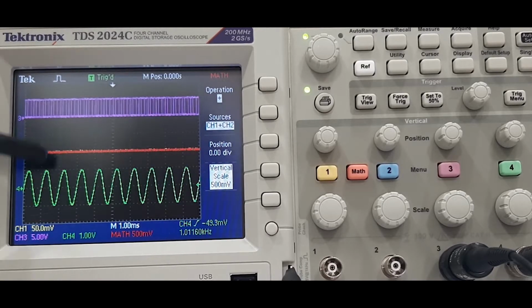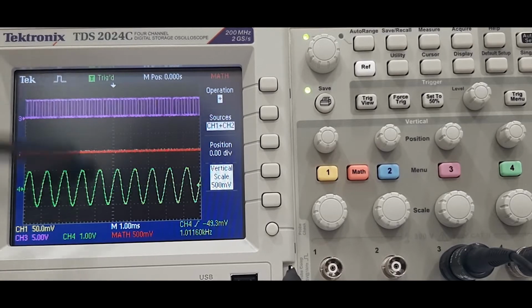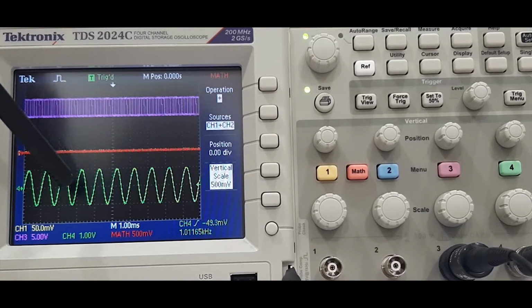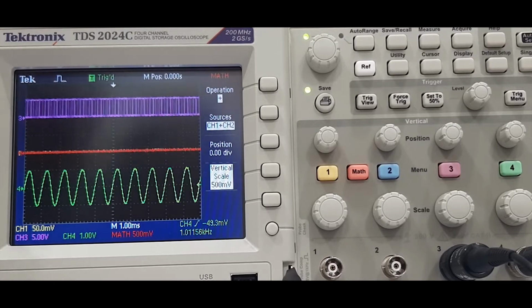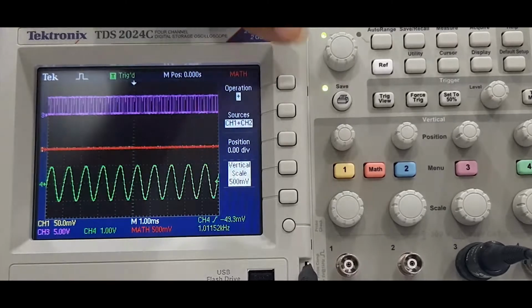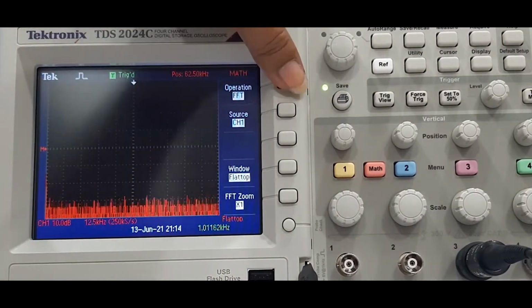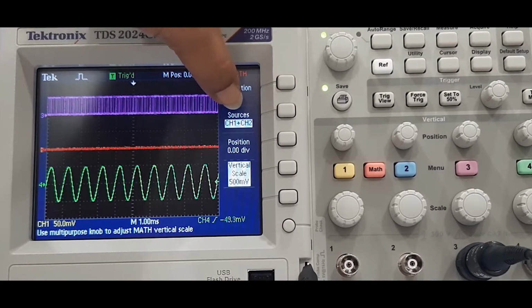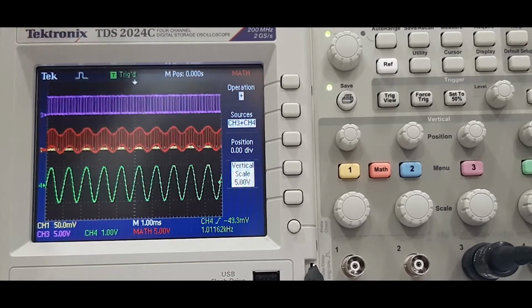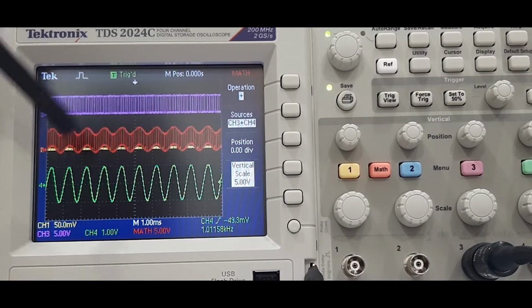So the sine wave will be dominating, and this is added or subtracted based on the operation. This will cooperate with channel 4 and the addition will be happening. Now we can see how this is happening. I am just pressing the plus function. Source channel 3, 4 is my channel. So this is the addition, the result of the plus addition operation.